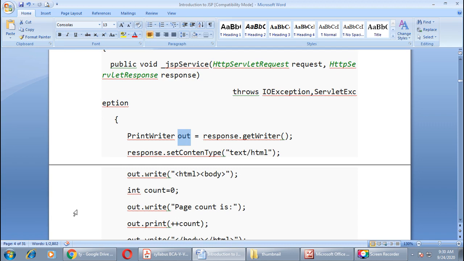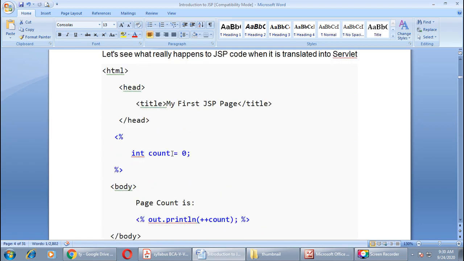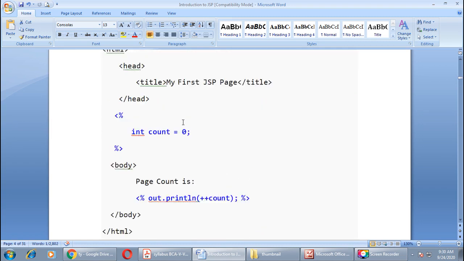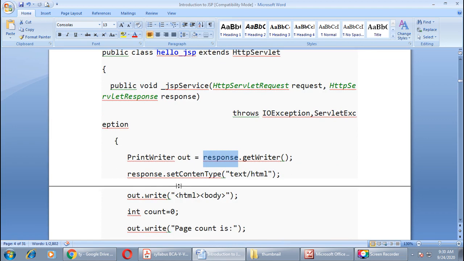And we want to write something on the web page, so we have to use the getWriter method. Now with the help of this object, we'll set the content type, that is text/html. Okay, whatever we have done in our JSP page, that also we are doing over here.